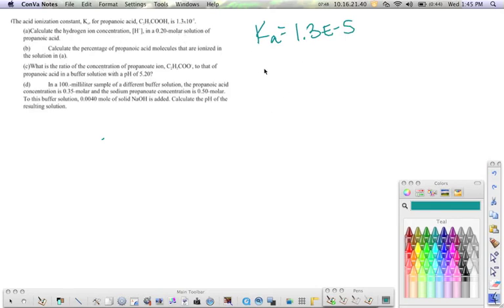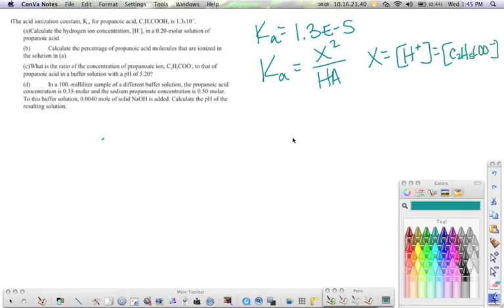Well, if you remember, the Ka of any weak acid is going to be equal to x squared over the initial concentration of your acid, where x is equal to the hydrogen ion concentration and also equal to the conjugate base concentration, which in this case is C2H5COO minus. So, plug this stuff in. 1.3 E negative 5 equals x squared over our starting concentration of our acid, which was 0.2. Rearrange this, you get x squared equals 2.6 E negative 6,